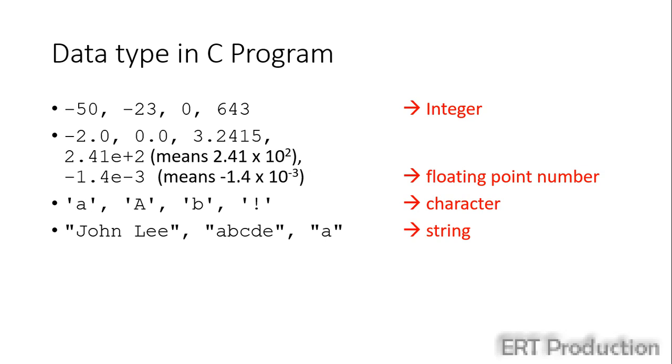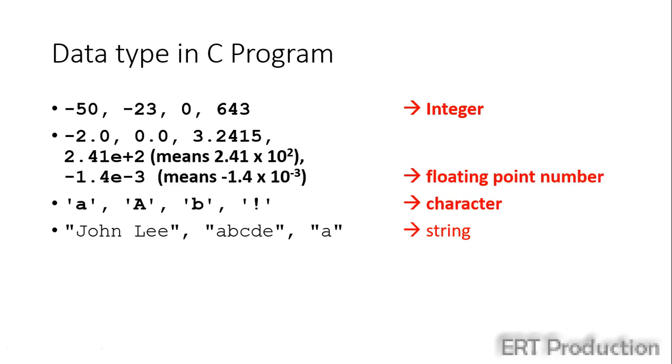In this lesson, we are going to talk about data type in C language. Computers will store data in different ways, depending on what they are. We can classify data into different types. In C language, there are different data types, but we'll only focus on a few here, like integer, floating point number,